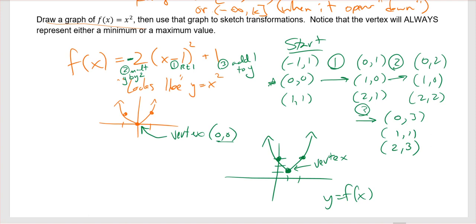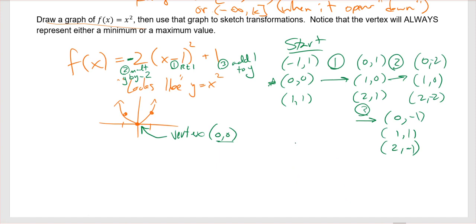Well, this one represents now a reflection, right? So instead of multiplying y by positive 2, we would multiply all those y values by negative 2 in that step. And then the third step, we're going to move all these guys up 1. Well, I guess that was at 1, and then that was at negative 1. So if we drew that picture,